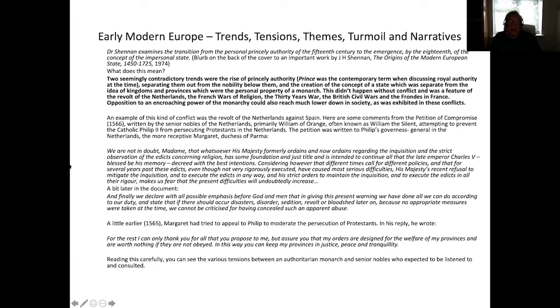Basically, I won't read all this out because there's quite a lot here, but please do have a look at it. At the top, I've quoted actually from one of my lecturers, one of his books, The Origins of the Modern European State, which is a very important book. But the blurb at the back says, Dr. Shannon examines the transition from the personal princely authority of the 15th century to the emergence by the 18th of the concept of the impersonal state. And it seems that, what the hell does that mean? Well, as I said, it's a kind of contradictory thing